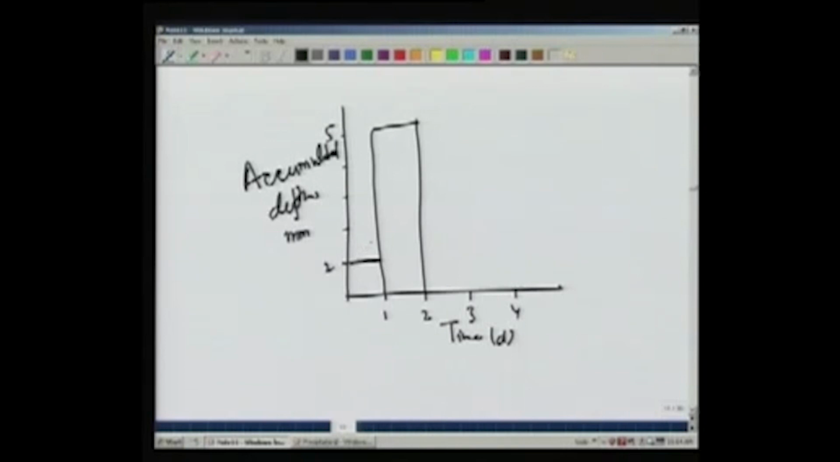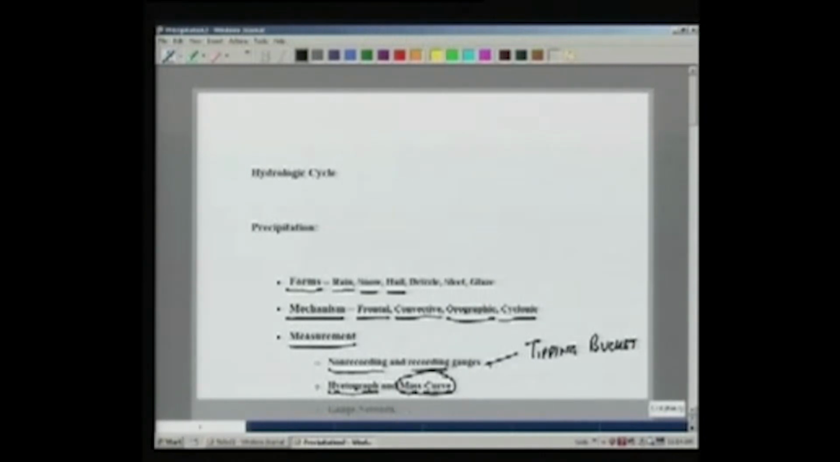So this curve is continuously increasing because it tells you the accumulated mass or depth of rainfall. For recording gauges, we typically get a curve which directly gives us the accumulated depth. In the recording gauge, the tipping bucket we have seen, but there's another one which is not so common because it's more expensive, and which is known as a weighing type. In the weighing bucket,